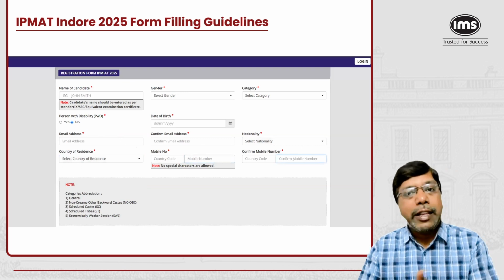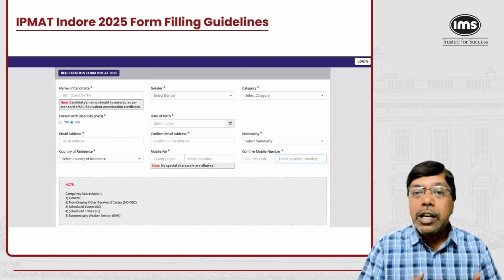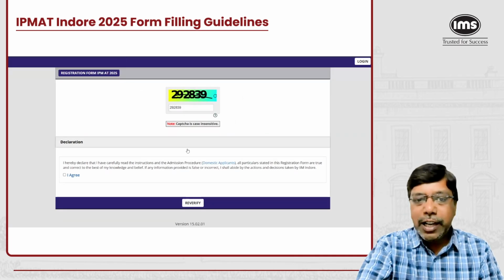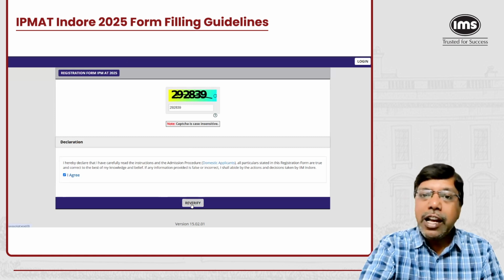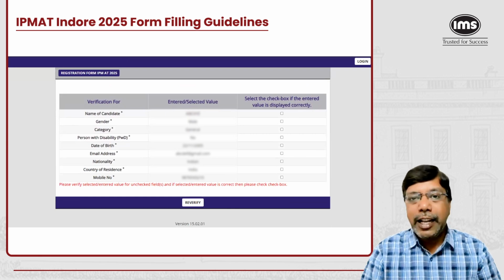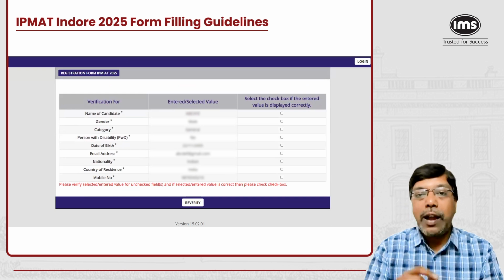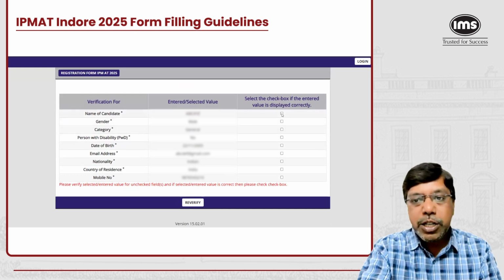Now, once you enter all these details, you need to verify before you confirm the information. Once you scroll down the page, you'll have to enter the CAPTCHA, select I agree box under the declaration and click on re-verify. Now, once you click on re-verify, it will show you all the details that you have filled up. Now, it is one more option for you to verify whether you have entered every detail correctly or not. Now, once you verify each of this information and select the checkbox confirming that you have filled in the details correctly,